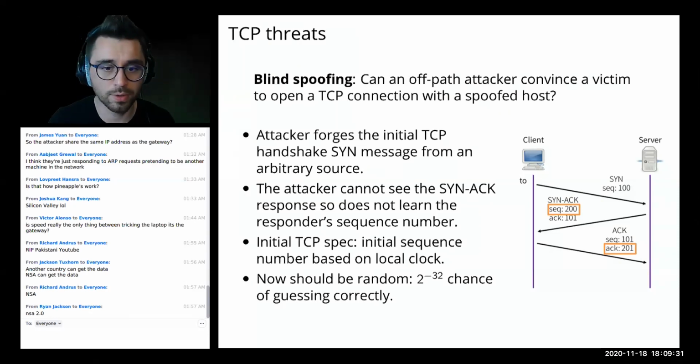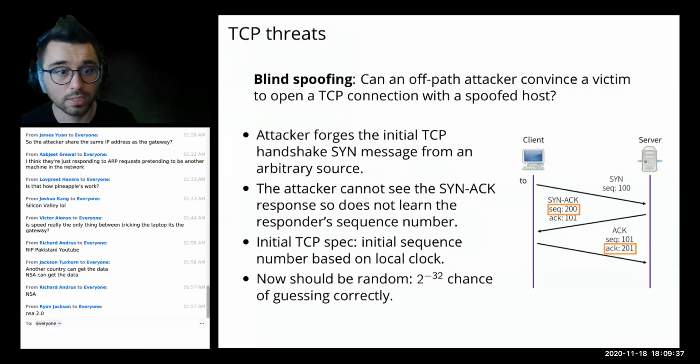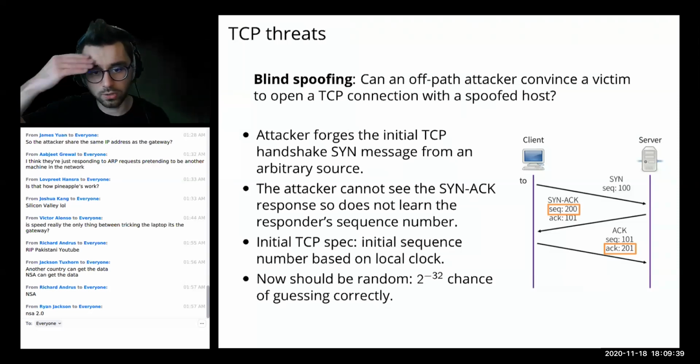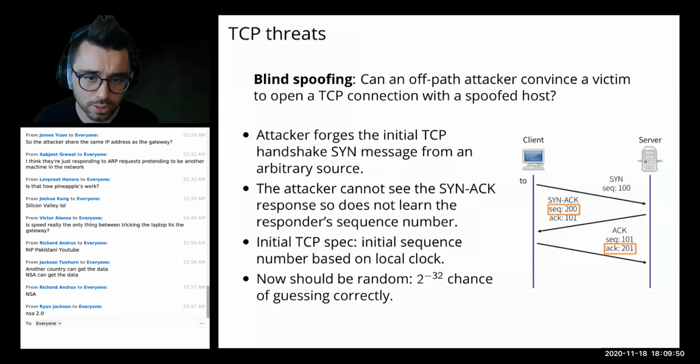We were able to create these connections because we could figure out what the sequence number is. That's no longer the case. Right now we don't use the local clock to set the sequence number. Instead, we do something slightly better: we generate these sequence numbers from a random source.